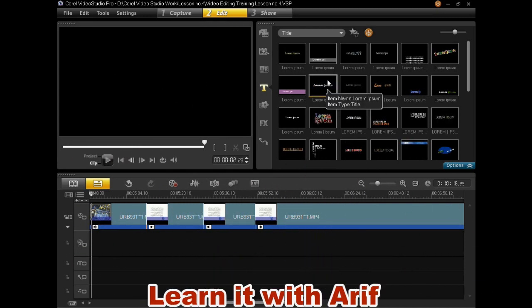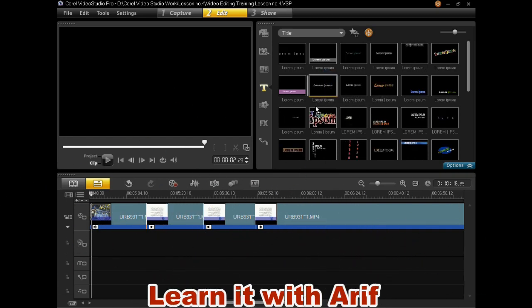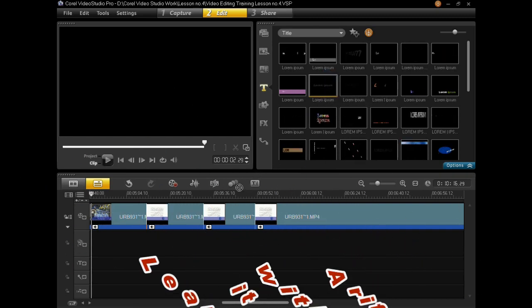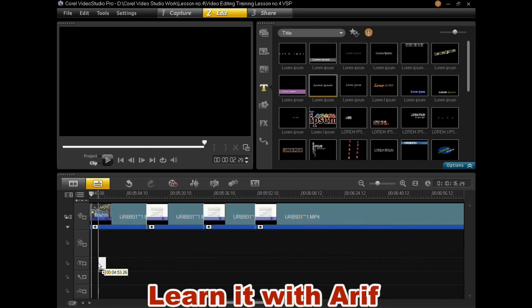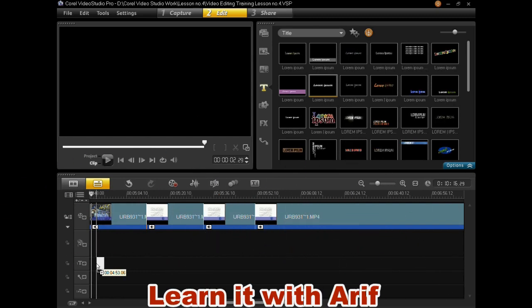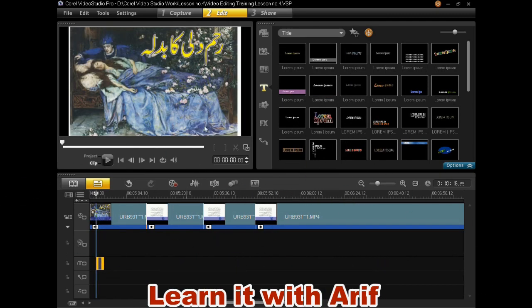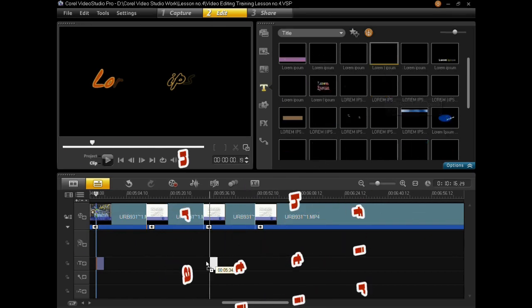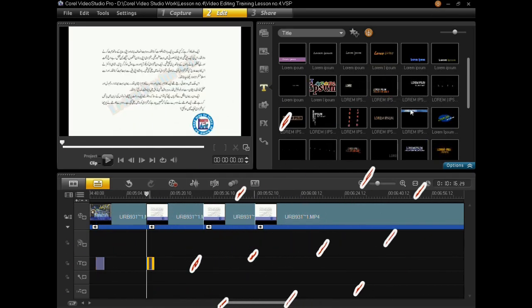Simply click the thumbnail of the title in the library panel and, without releasing your mouse button, drag it to your timeline panel. Under your clip, in the title track, let us choose the second title and place it under the second clip.